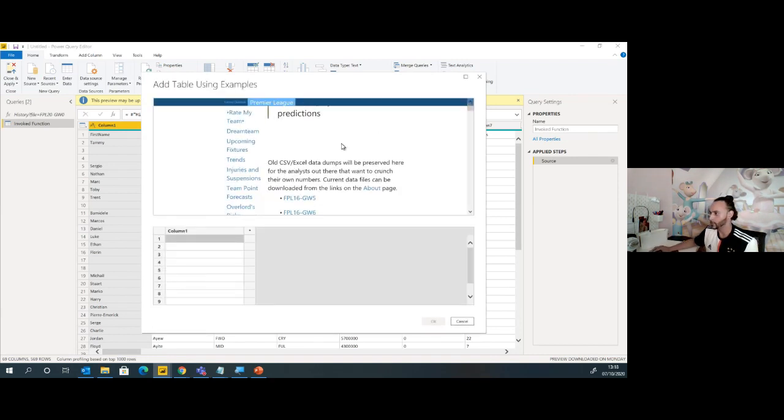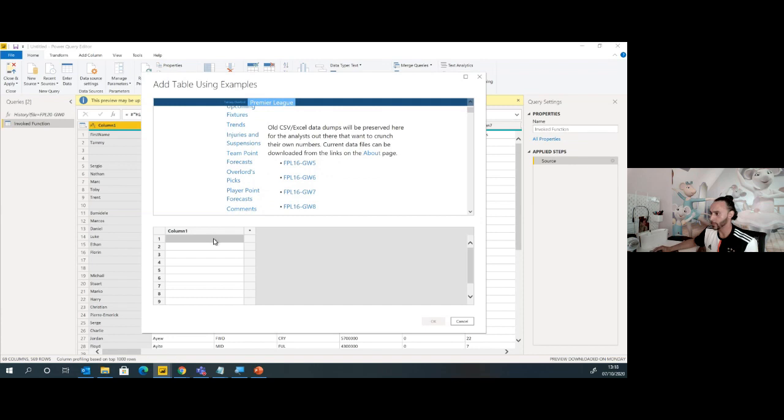Okay, so you can see we've joined onto the page, and what we're going to type in here is just FPL 16 game week 5. So FPL 16 game week 5. Okay, then I'm going to hit return. First of all, it doesn't get anything to begin with. So let's type in another one,